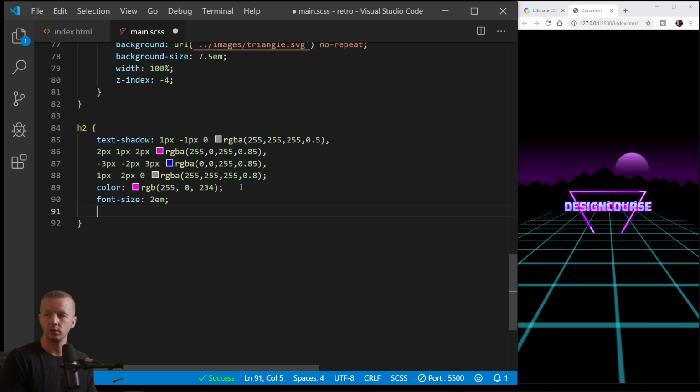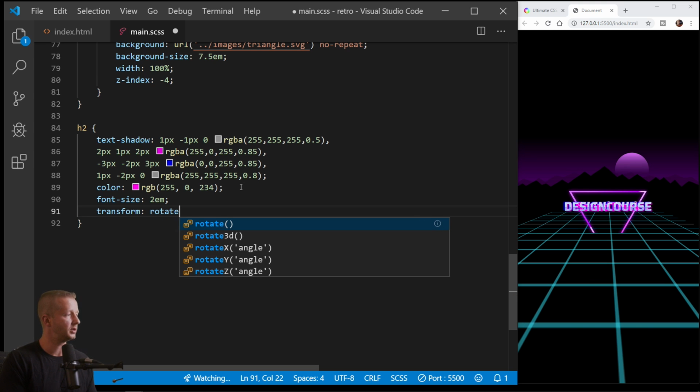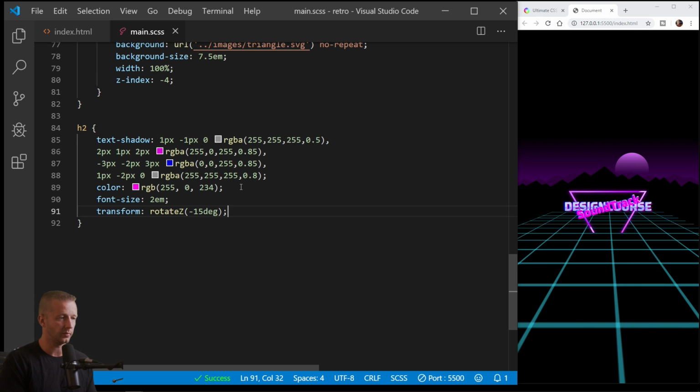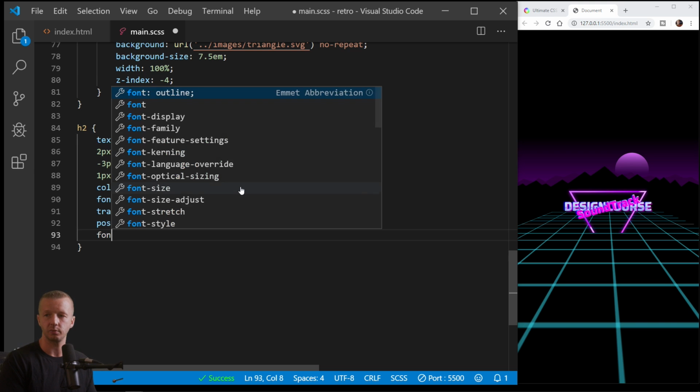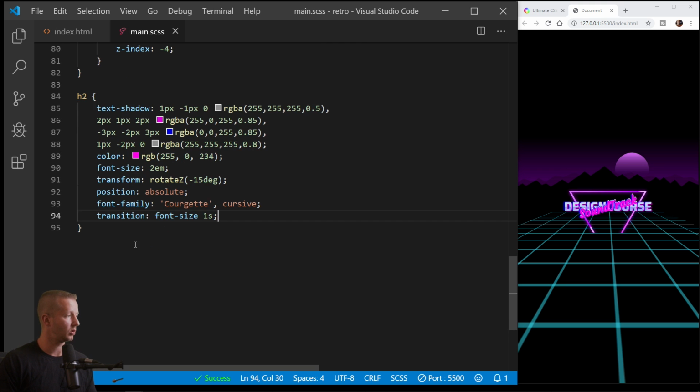And we're going to, let's see here, transform, rotate Z, -15 degrees. There we go. And we also have position absolute. That's the main one, I think, that we need to push it down. Font family is going to be that Courgette. I don't even know if that's how you pronounce it. There we go. And let's see here. Transition, font size, 1 second. All right. And then we're also going to add,